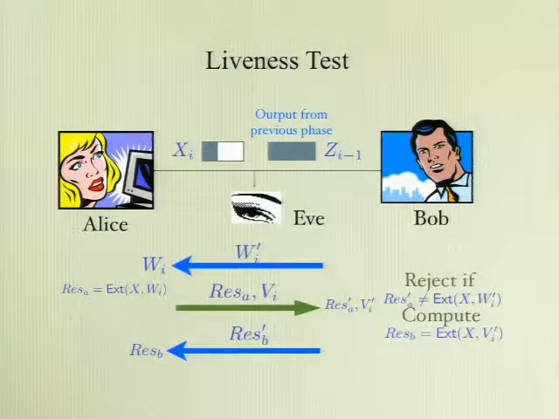Does this liveness test help even before you get to the first good round, or you just don't care about it? What's that? So once you've got the first good block, the first good round, I see the liveness test helps. Does it also help before you get to the first good block? Yeah, you need to do the liveness test for every phase to ensure that the two parties behave synchronously. Yeah, they are in different blocks. Same block. I see.